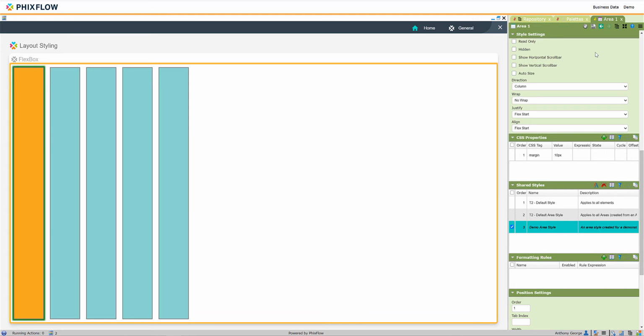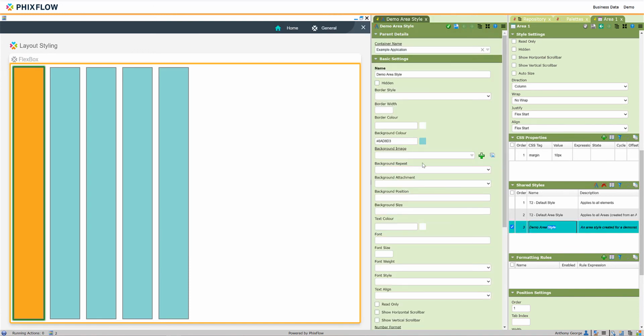The thing to consider when you're dealing with global level styles is that they will require more testing, as they can be used in multiple locations. So you'll need to check that any changes or updates that you've made don't have a detrimental effect somewhere else. Now if we reopen our shared style,